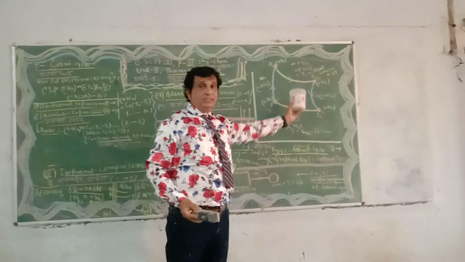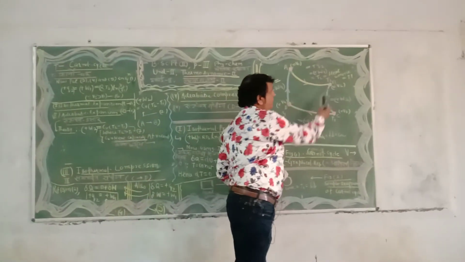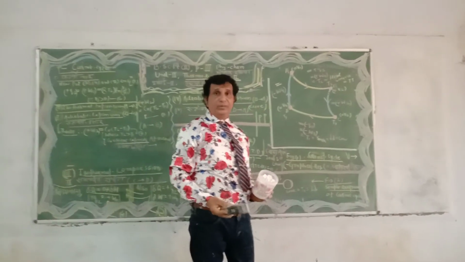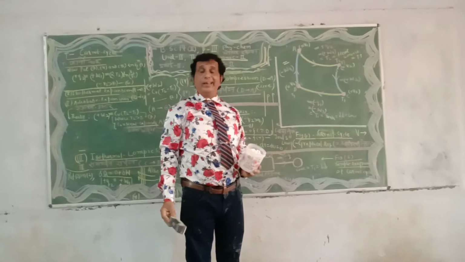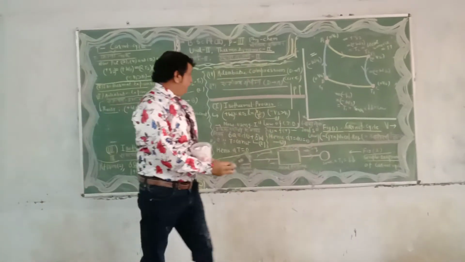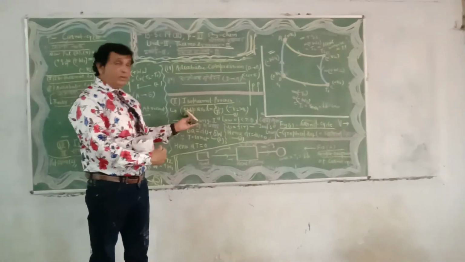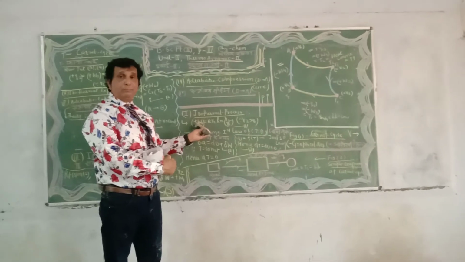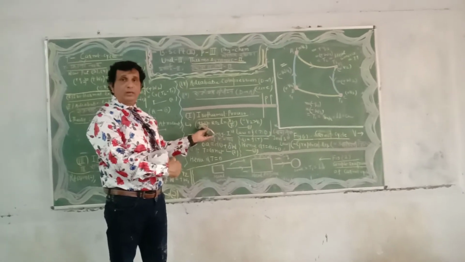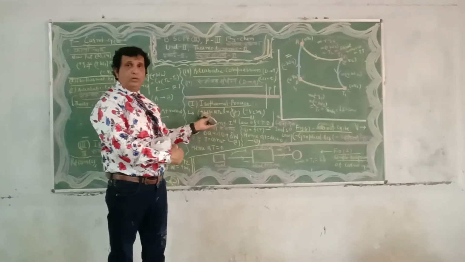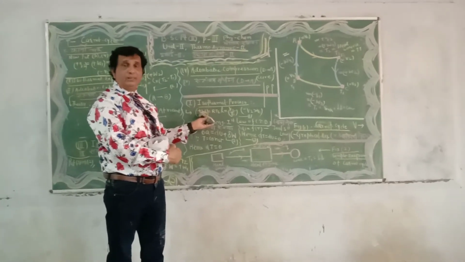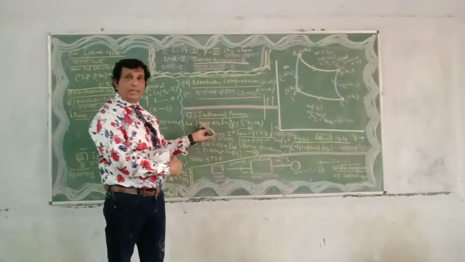Similarly, after reaching point B, the volume is expressed as V2. This curve A to B is known as isothermal expansion. Dear student, this value of work in the isothermal process we have calculated in Thermodynamics 1, Unit 1 of BSc Part 2. You may directly write down the value here with a positive sign.